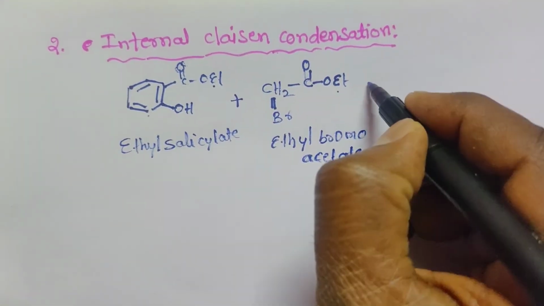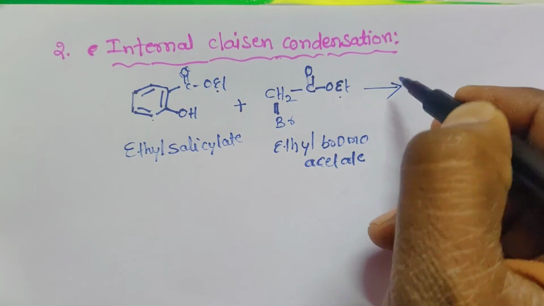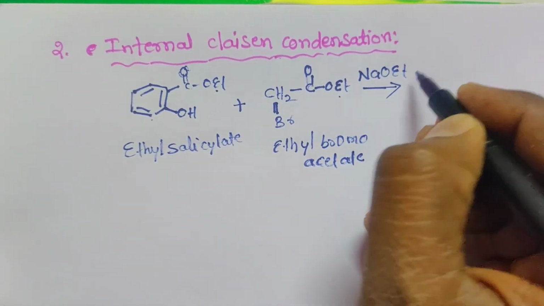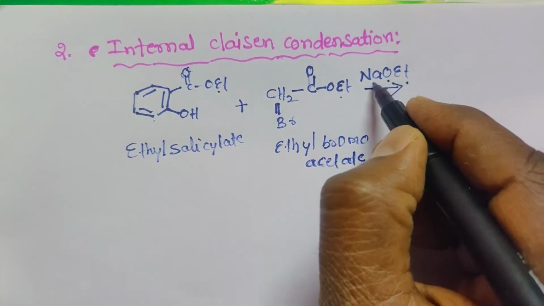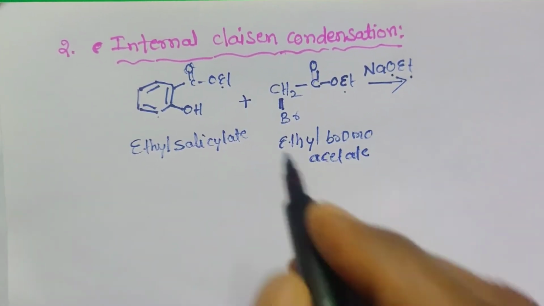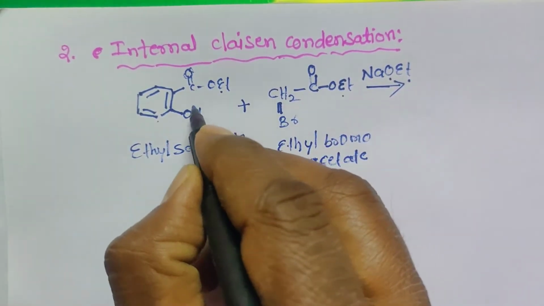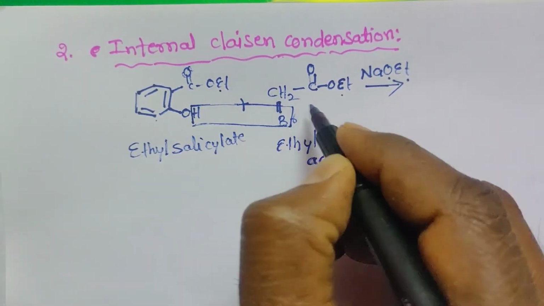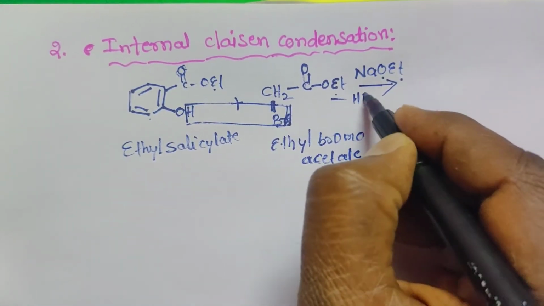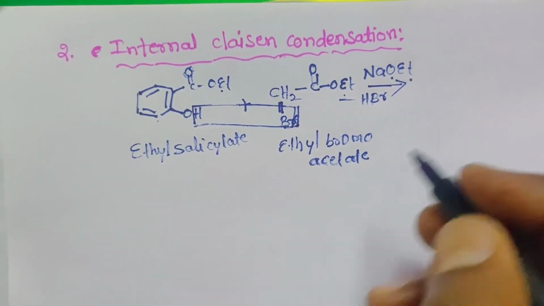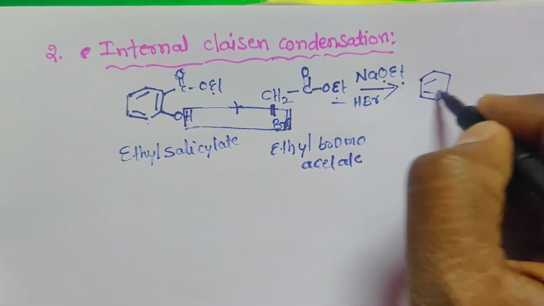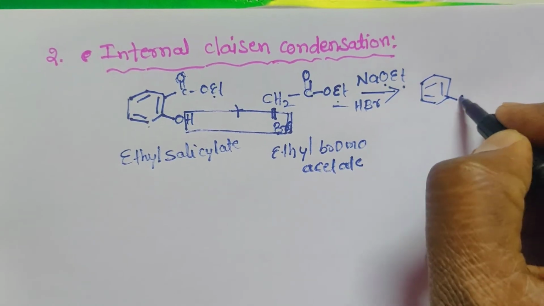In the presence of a strong base like sodium ethoxide, NaOEt, ethyl group, oxygen and sodium, it is known as sodium ethoxide. It is a strong base. In the presence of this strong base, what happens? HBr goes outside, hydrogen and bromine, and we get a substituted product which has two ester groups in it. So look here,